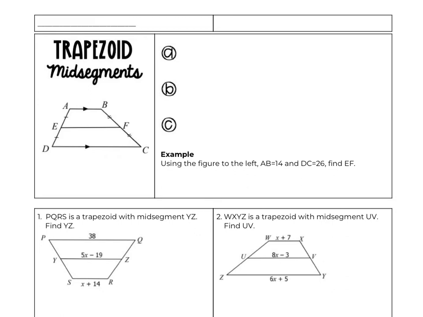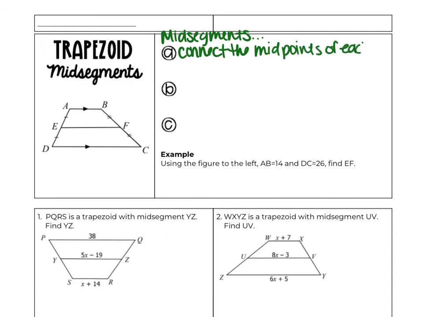Okay, and the last thing we are looking at today is what's called trapezoid mid-segments. And we're just going to write a couple things about them as well as a little formula. So, mid-segments connect the midpoints of each leg. So in this case, E and F are the midpoints, and they bisect